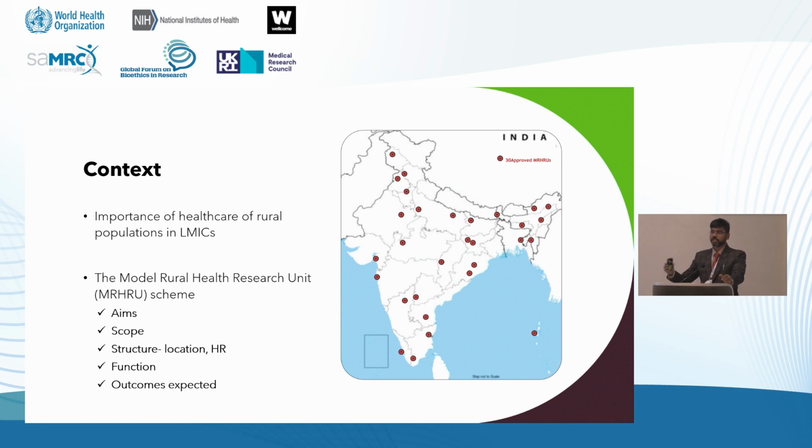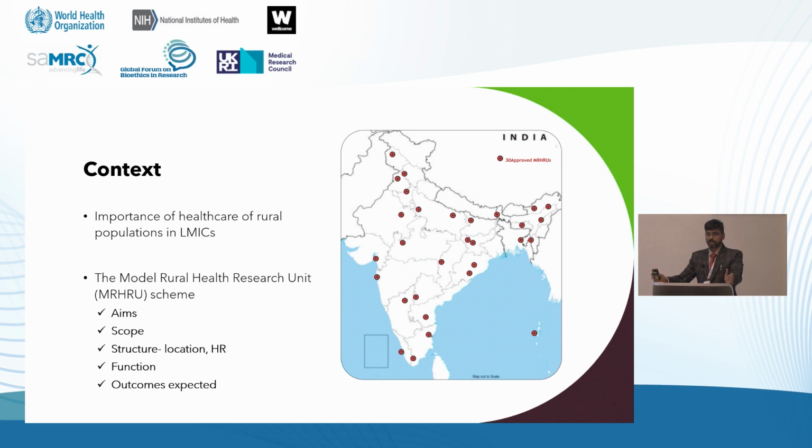So to take research to the rural population, that was one primary goal. They were supposed to provide a platform where any researcher can focus their work there. And they had very broad aims of improving health of rural population, which doesn't say much. It's not specific at all. It's very broad at the start. And hence specifying the priorities, specifying the aims of this project or the scheme was very important.